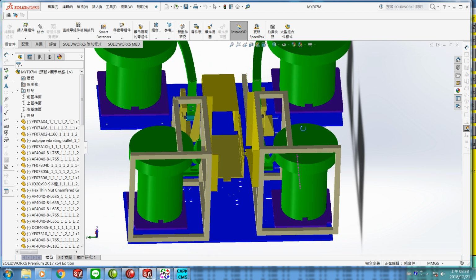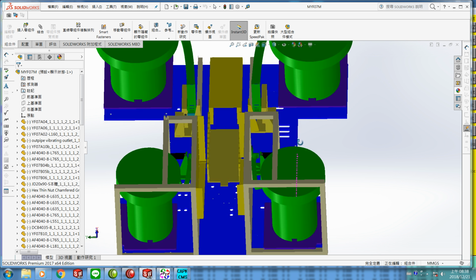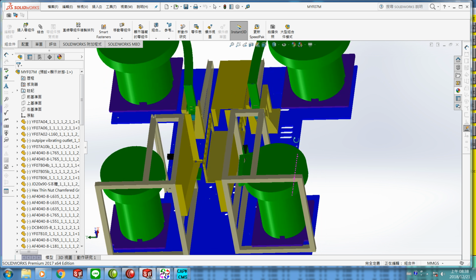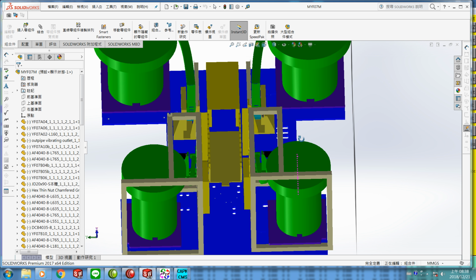Maybe all of you already go to our company's websites and download the step file yf07.step from the file folder